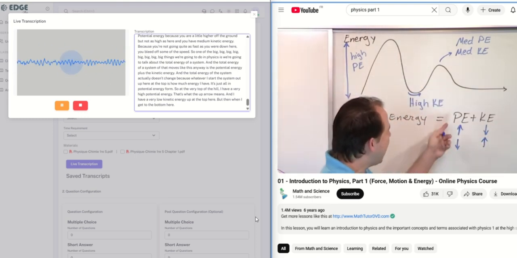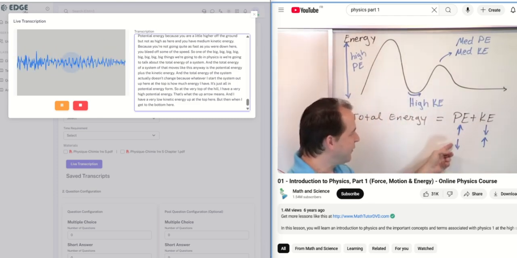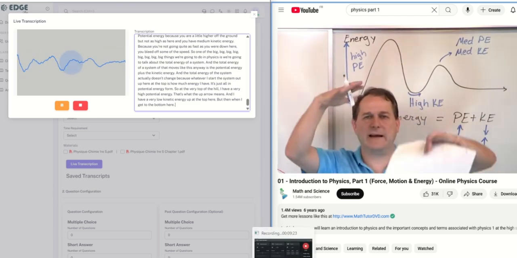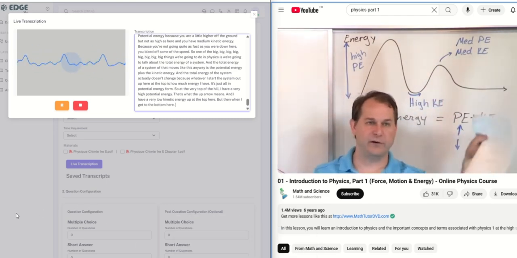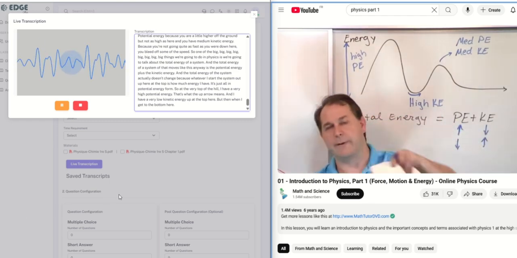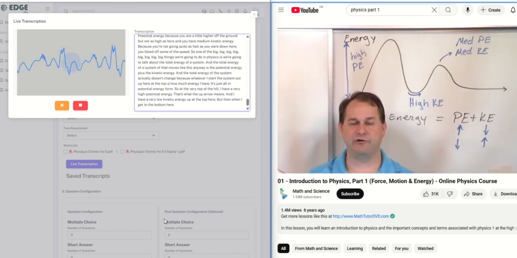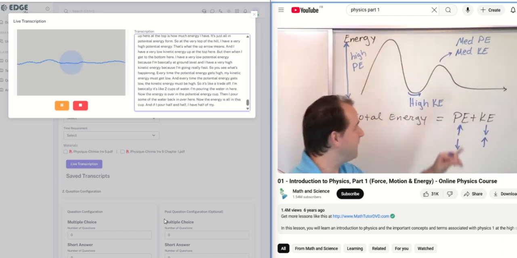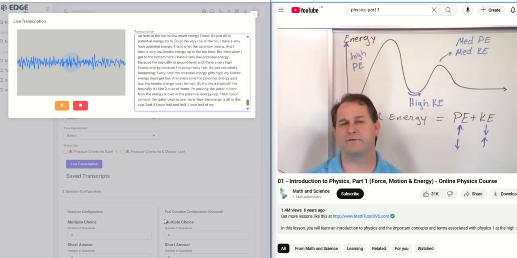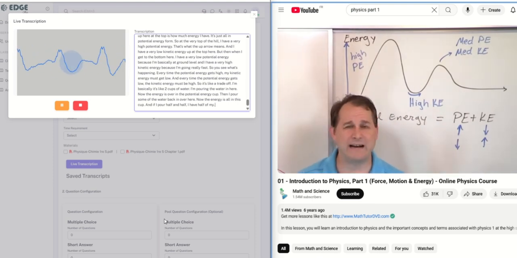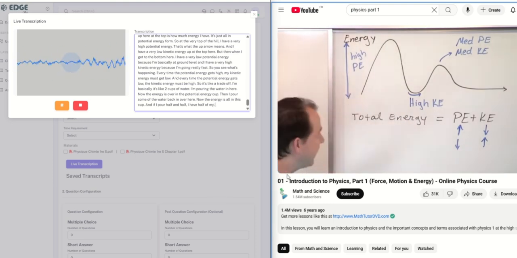So you see what's happening? Every time the potential energy gets high, my kinetic energy must get low. And every time the potential energy gets low, the kinetic energy must be high. So it's like a trade-off. It's like two cups of water. I'm pouring the water in here. Now the energy is over in the potential energy cup. Then I pour some of the water back in over here. Now the energy is all in this cup. And if I pour half and half, I have half of my energy in the potential energy cup and half in the kinetic energy cup. That's basically here. So the trade-off between potential and kinetic energy can be used to solve tons of problems. And we're going to spend many hours solving lots of problems involving potential energy and kinetic energy. Okay? It's one of the big